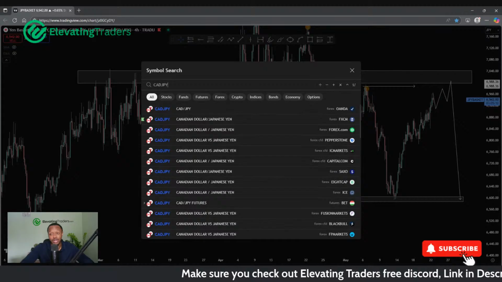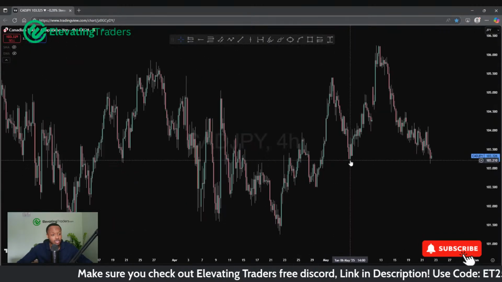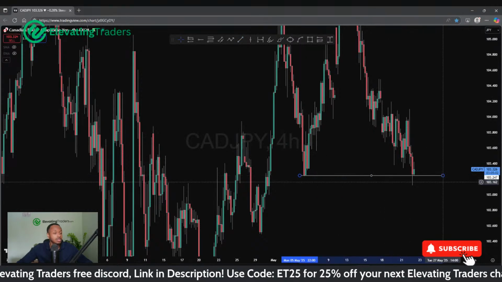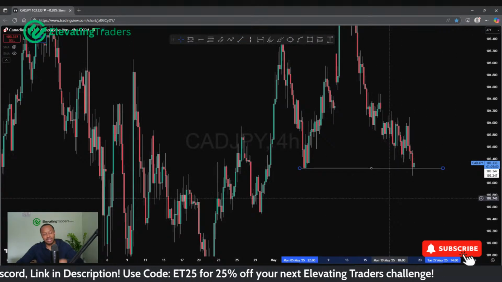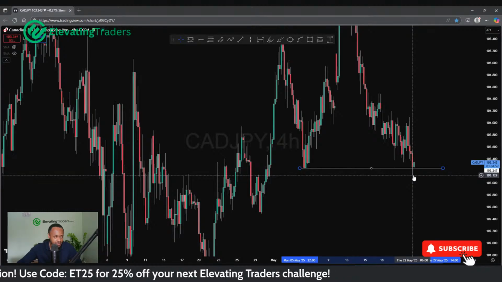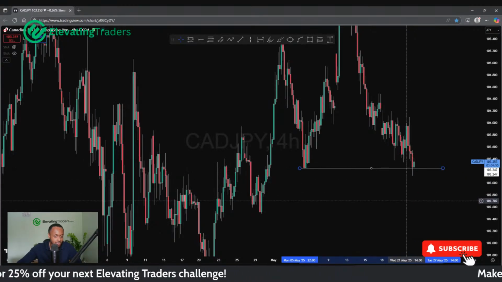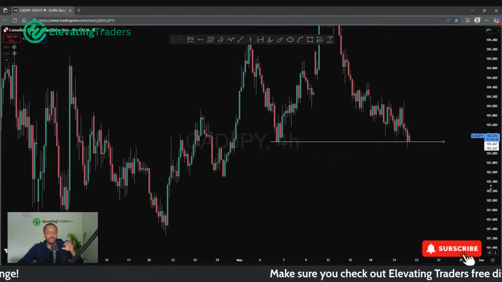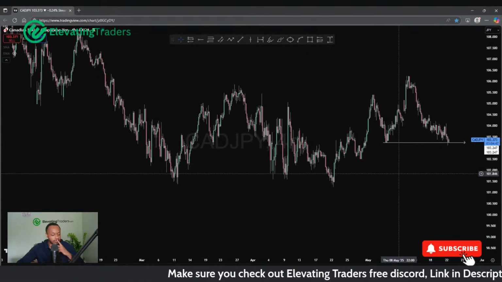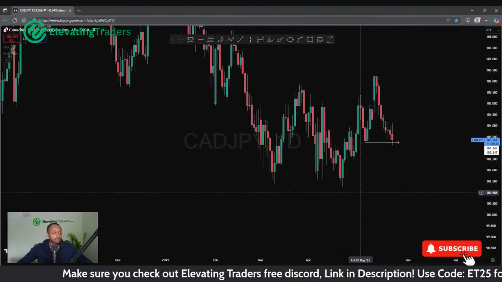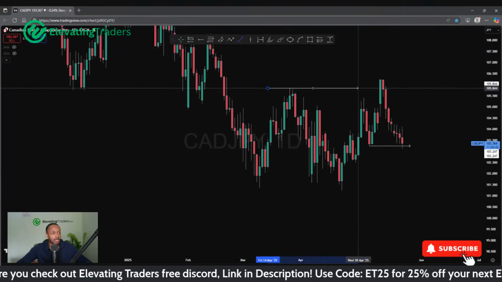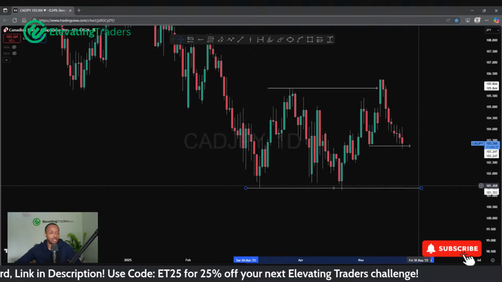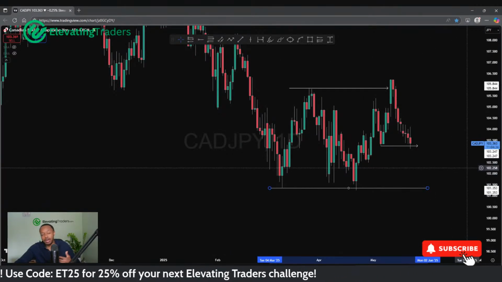CAD yen, I'm just going to leave alone, to be honest. We have just... Did we break structure? No, we didn't. We just about respected it. Because last time I had a look at it, price was breaking through, but it looks like we just pulled back before the candle closed. So technically speaking, not broken structure yet, but again, I don't think it looks great at all, to be honest. I've got half a mind of just chalking this up to consolidation and just leaving CAD yen alone. I'm not really interested in the pair anyway.